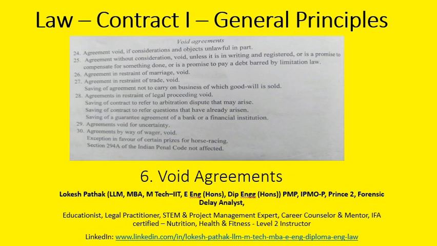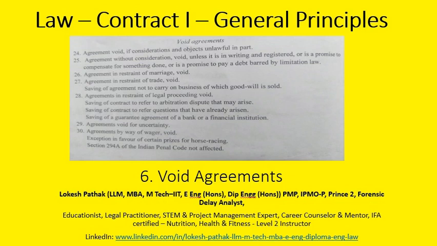Another condition is if the contract is meant to promise to compensate for something which is already done. In that case, without consideration, the agreement will not be void. The third exclusion is if the agreement is meant to pay for a promise related to a debt which is barred by the limitation law. As per the limitation law, there is a specified timeline to make transactions. If that timeline is gone, and you want to have an agreement for paying the debt to make a settlement, then an agreement without consideration is admissible.